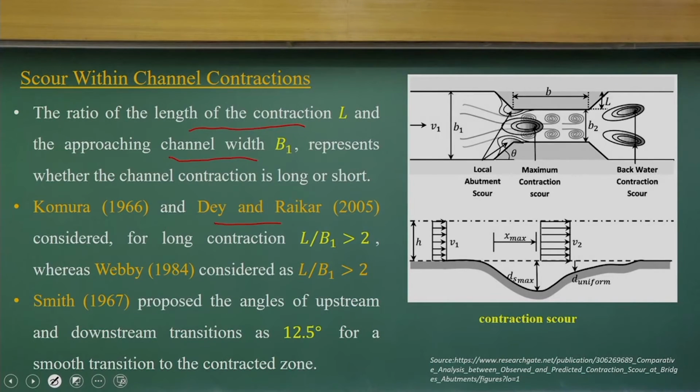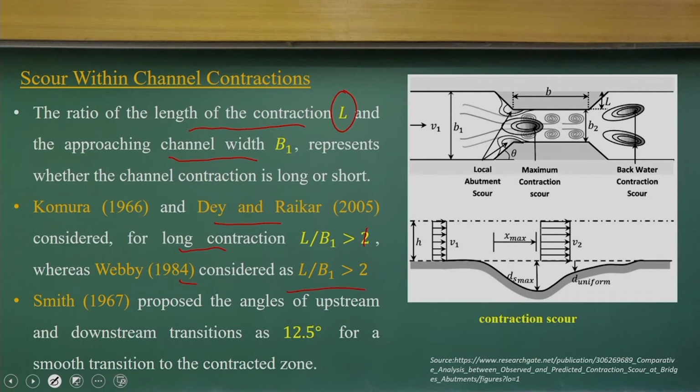Gandhinagar has defined that if the L1 by B1 ratio is greater than 1, it is a long contraction, and Wavy 1984 considers L1 by B1 greater than 2 to be long contraction scour, otherwise short contraction. So it depends upon the length L and B1, the length of the contraction and B1, which tell us whether the contraction is long or short,